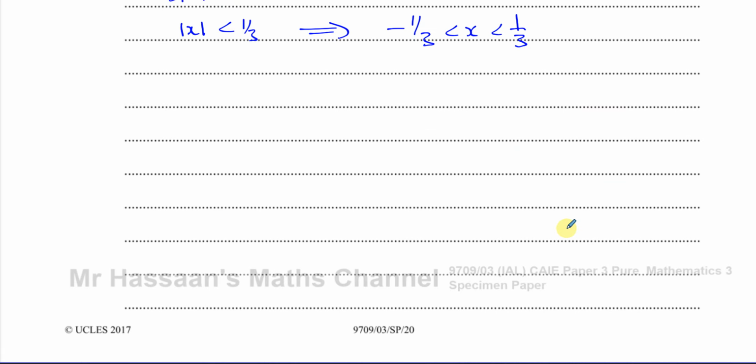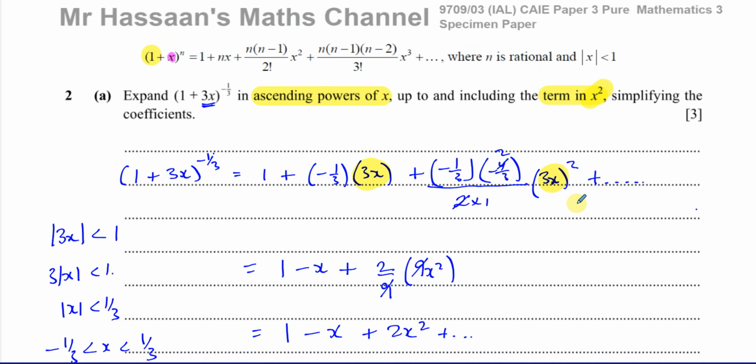Okay, so I hope that was clear with a little bit of explanation, because a lot of students don't understand why, or they just memorize, all right, I know I have to take this and find the modulus of this being less than 1, and then you get the answer without understanding why. And it's always good to understand why. All right, so there's the answer to question 2 of this